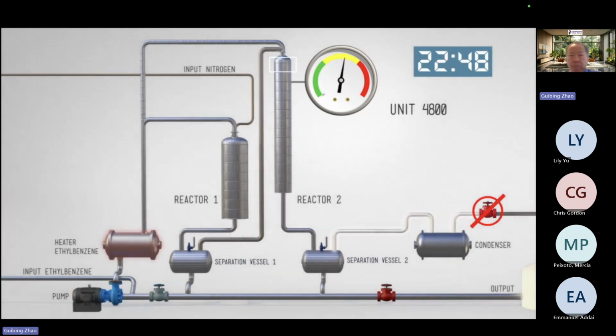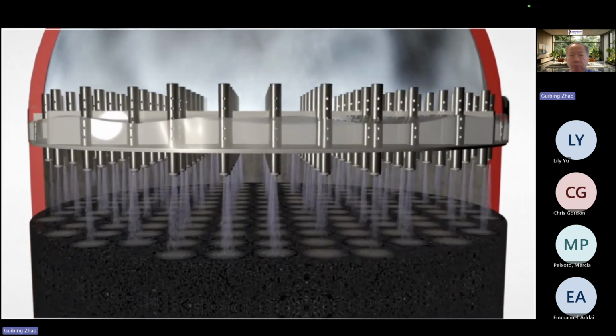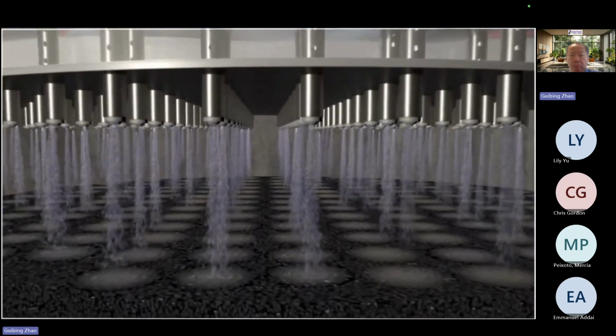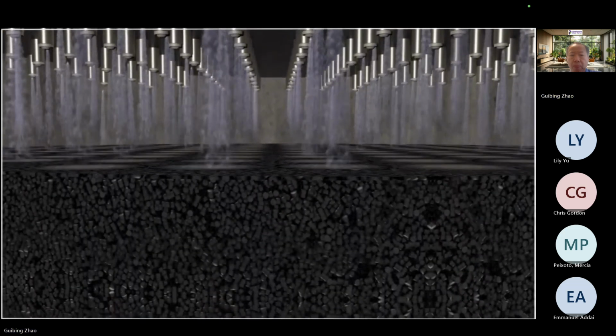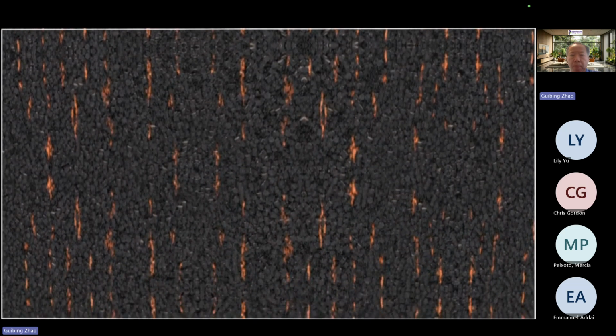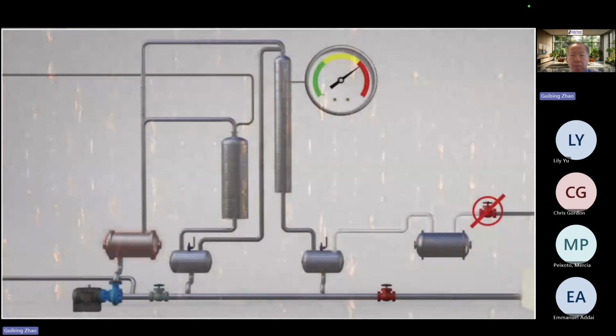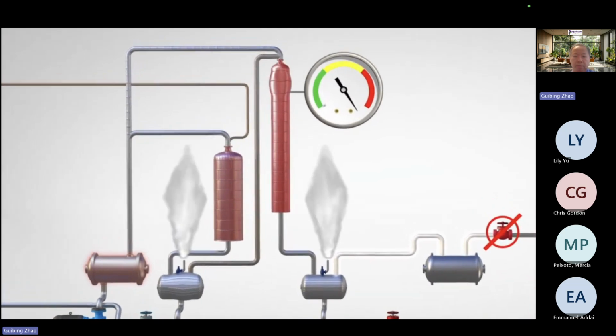The new catalyst pellets caused unexpected reactions. The high pressure reduced the flow of ethylbenzene through the reactor, and therefore heat from these reactions could not dissipate. The heat buildup causes hotspots that accelerate new reactions, a so-called runaway. The pressure rose very fast, too fast for the emergency relief valves. In 2 minutes, the pressure in reactor 2 rises to 180 bar, more than 25 times the normal pressure during startup.